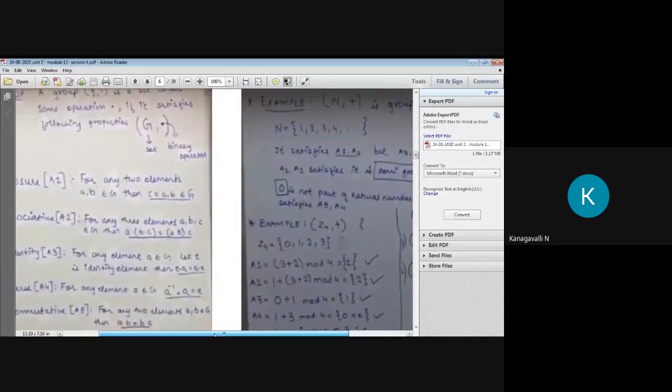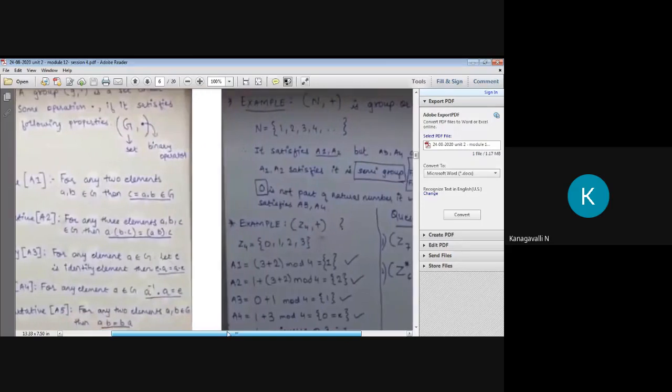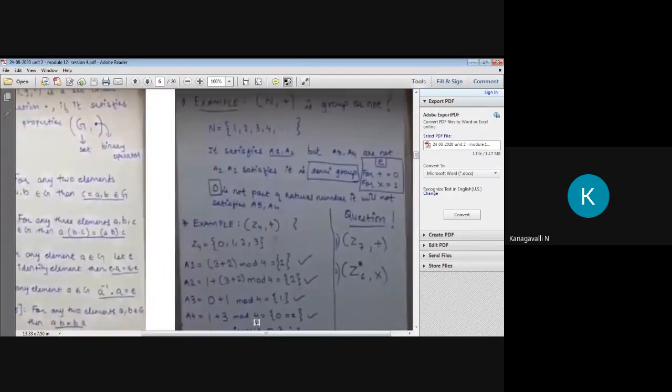Maybe if the properties A1 to A5 are satisfied in your given example, then your group is an abelian group, right? See the sum carefully. Here I am giving the example Z4 comma plus. So what is Z4? It means 4 integers. If a value is given, you have to write the n minus 1 term, right? So Z4 is the 4 integers.